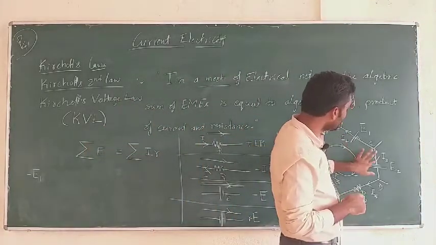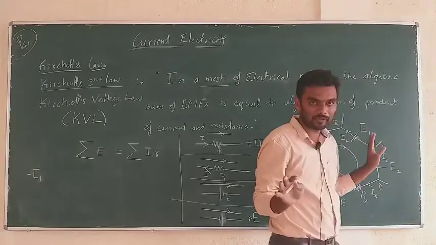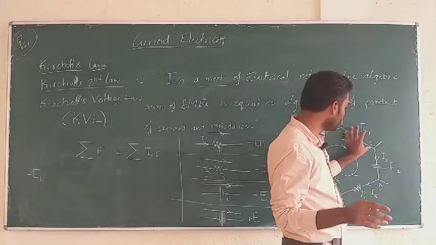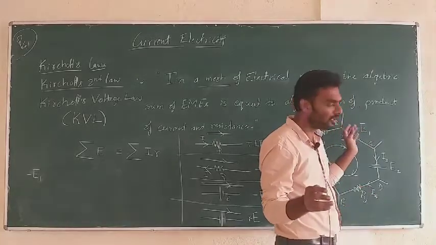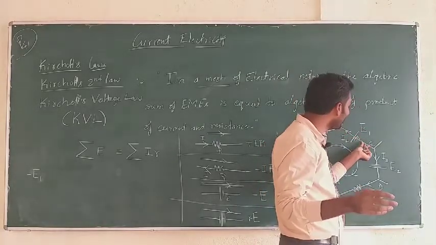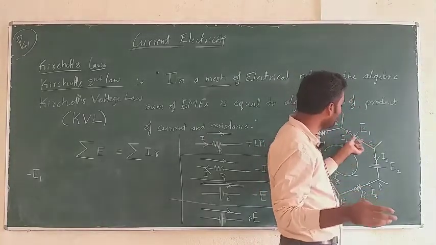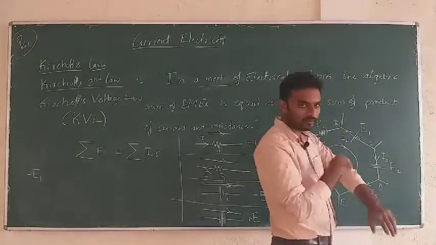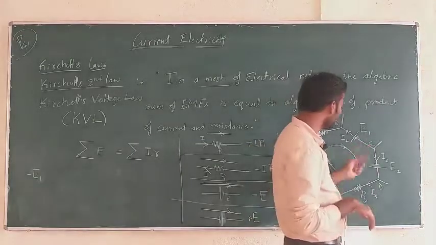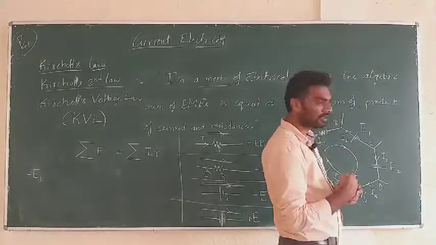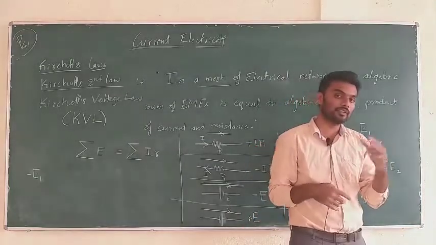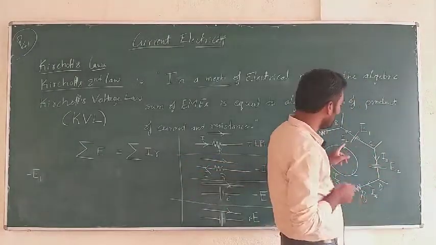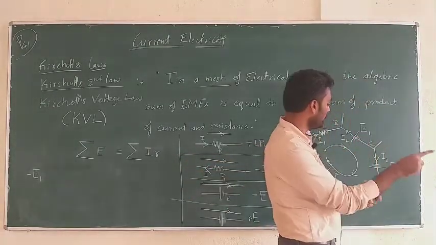Next, I will move forward. I do not need to bother about these currents, they do not matter to me. There will be current through this part of the mesh, but I do not need to bother about it because I do not have any resistor here. If I had a resistor in this part, I should have worried about the current and put the product of current and resistance into the RHS part of the equation. But now I am only bothered about the EMFs.